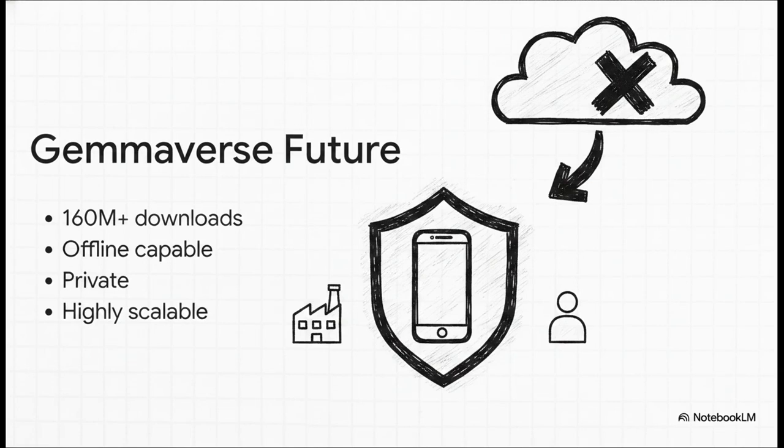This is just a massive leap forward for the Gemmaverse ecosystem, which already boasts over 160 million downloads. By making frontier-level AI fit into just 2 to 3 gigabytes of RAM, we're fundamentally democratizing access here. We're finally moving away from this total cloud dependency. Think about what that means. Your data never has to leave your device, it is inherently privacy-preserving, it's incredibly fast, and it's completely immune to